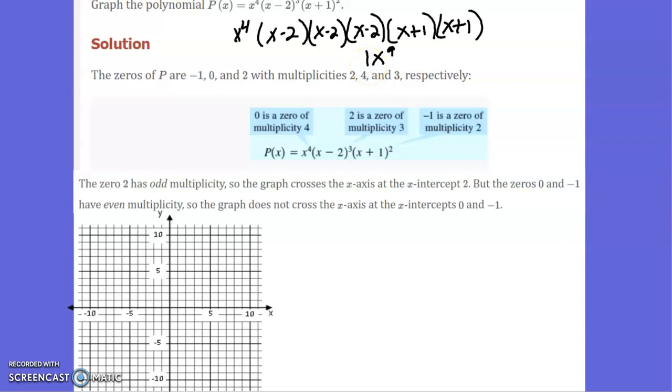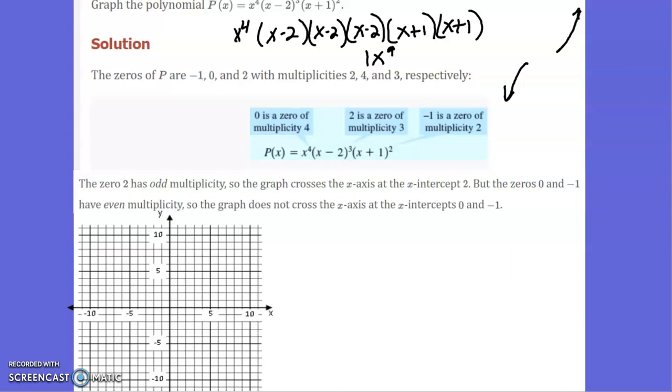So 1x to the 9th power is an odd function, which, if you go back to video 1 and video 2, means I know the end behaviors will look like this. It will do a lot of stuff in between, but I know automatically the end behavior is going to look like that. The other thing, go back to video 2 and notice the method of graphing: